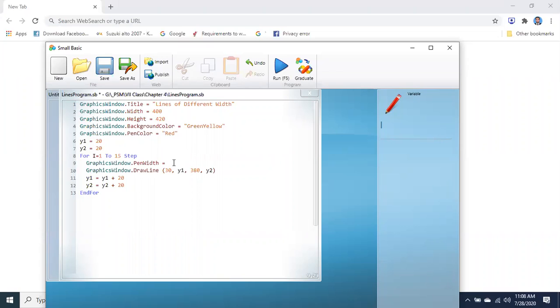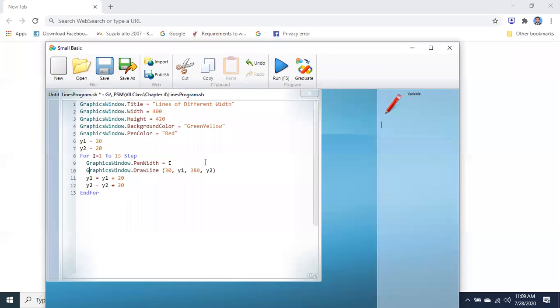But I have mentioned here the counter variable, the variable we are using in the for loop. So each time I increases by 1 in the for loop, the pen width will be increased by 1, and each time the line will have 1 point increased width.